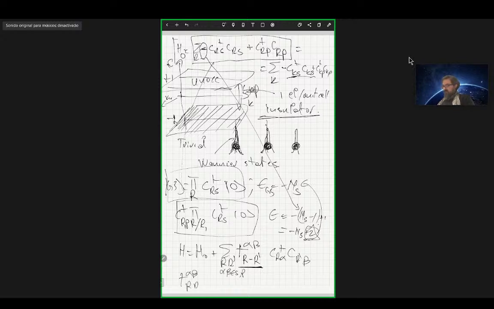I can have many T's, they have to fall off exponentially as r minus r prime, because the overlap of orbitals between different sites, if r is not equal to r prime, has to be small, because the atomic wave functions fall exponentially. So this is likely large only for sites r and r prime very close to each other. But as long as this is much smaller than 1, i.e. much smaller than these parameters here, then the only thing I'm going to do to this system